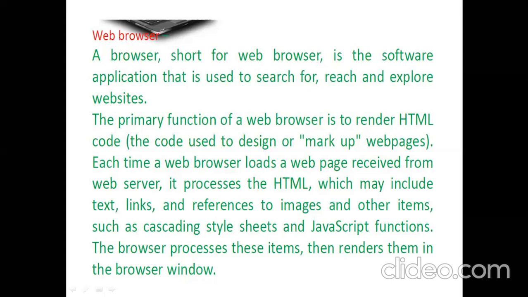But actually, when the data has been sent by the server, it's the web browser's function to render it. Whatever code has been sent to it, the front code is generally in the language HTML. So the web browser's functionality is to read and process all the HTML code and show it in a human understandable form on your screen. Coding is done in HTML, but if HTML were shown on the screen, people who are completely unknown to the HTML language would definitely not understand it. So what's the purpose of a web browser?